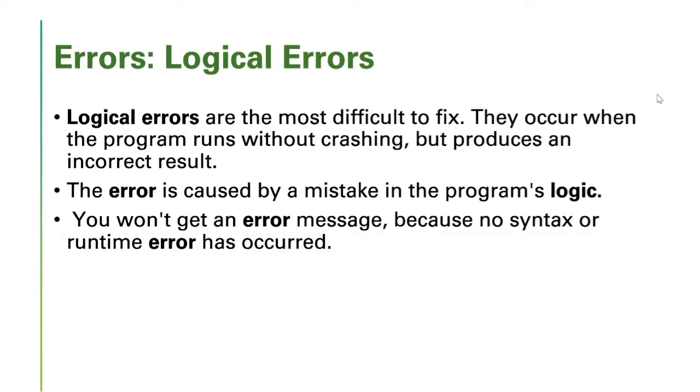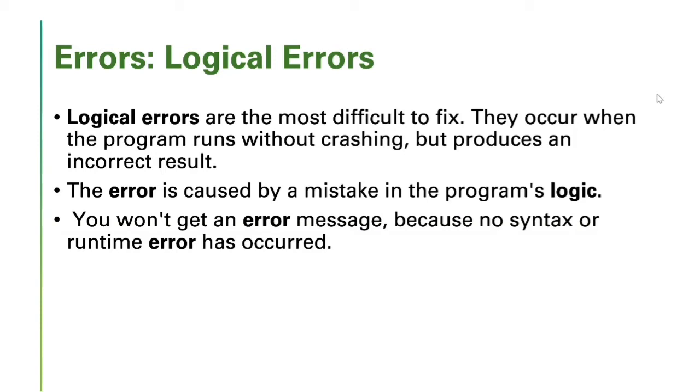Suppose you are calculating the sum of two numbers, right? One number is 10 and another number is 20. The sum should be 30, right? So you have written 10 minus 20 by mistake and you are getting the answer as minus 10, right? And suppose you have 1,000 lines of code and it was one simple arithmetic operation that you are performing in between, right? You were expecting 30 but you got minus 10. So that is the logical error and you have to go through the complete 100 or 1,000 lines of code and find out where that logical error is, right?